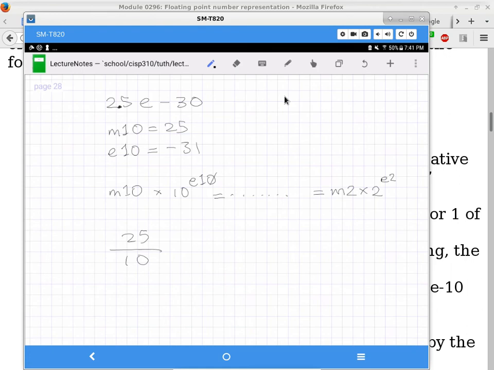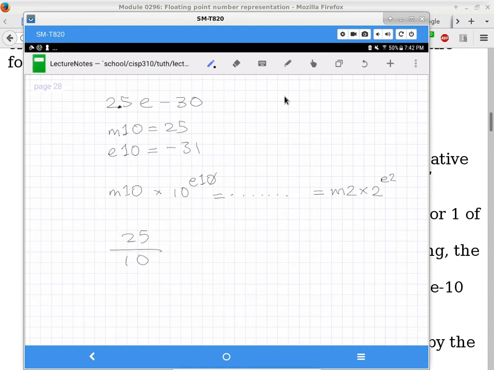So that's not good. How do we fix that problem? How do we minimize the loss of accuracy? Use the modulus first? That's not going to help us, unfortunately, in this case. Round? We can round, but rounding doesn't fix the problem, because we can round it up to 3 instead of 2. And 3 is still 0.5 off from the expected answer of 2.5. So you still end up with 20% of error, except it's in the opposite direction. So that doesn't fix the problem either. How do we fix the problem?